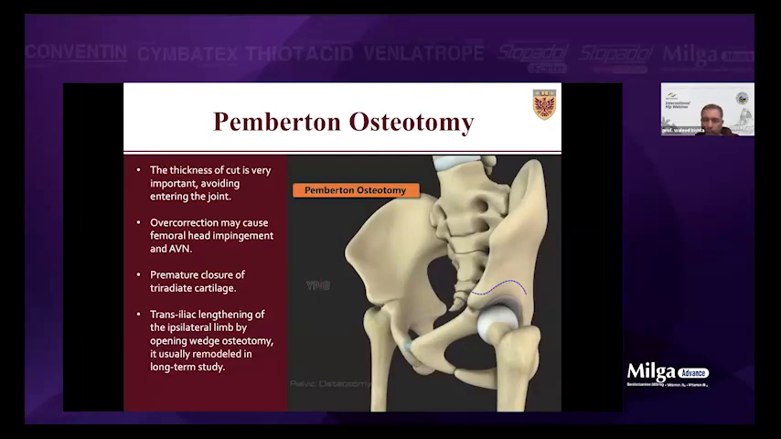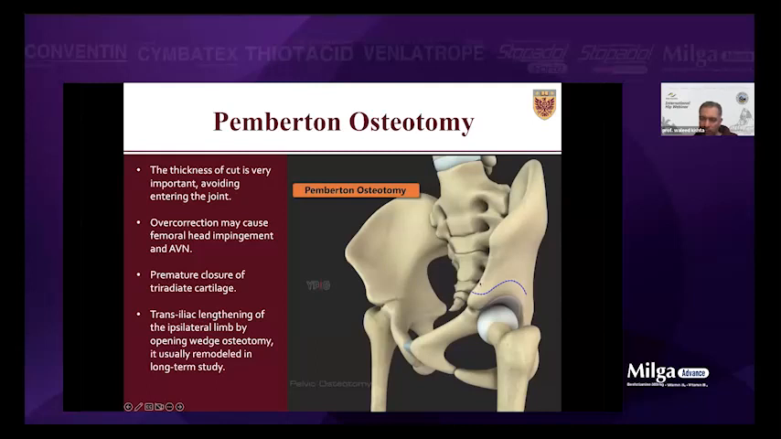Pemberton osteotomy, as someone asked me, so said the entrance is above the anterior inferior iliac spine. So anterior inferior iliac spine, 1 centimeter above. And this is the one that you probably can do without fluoro, but I do it with the fluoro. So we start your cut from the anterior part of the acetabulum. And you cut the anterior